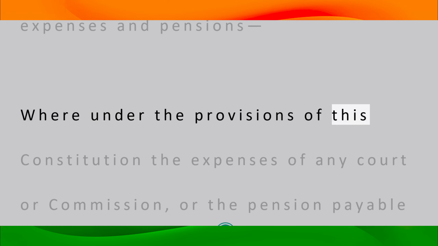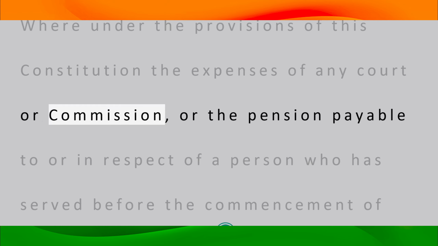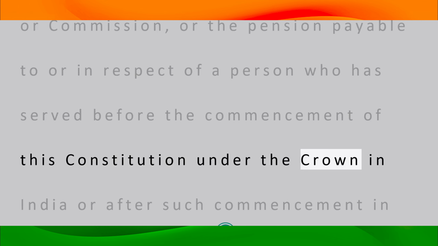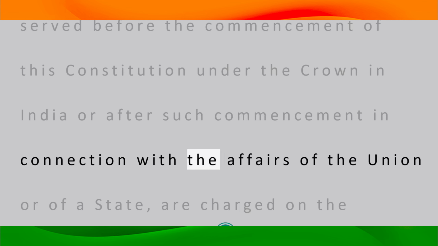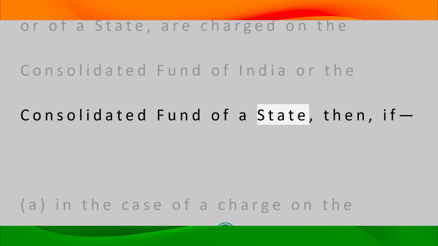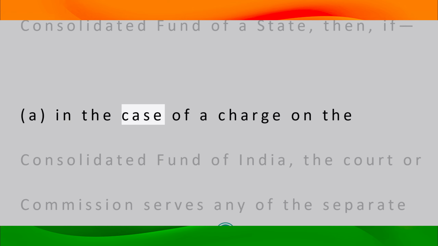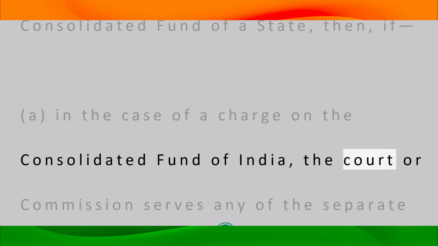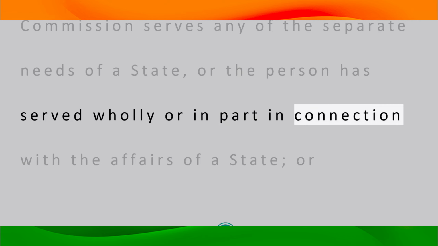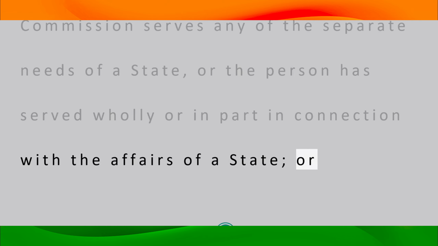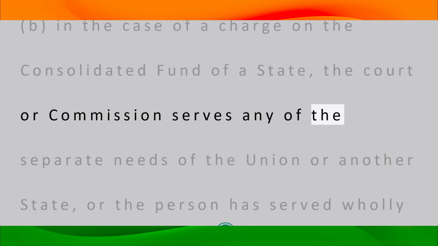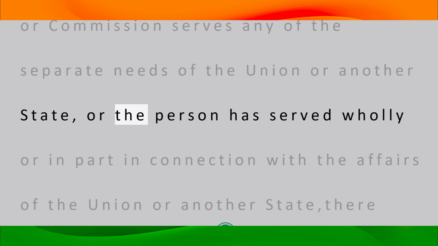Where under the provisions of this Constitution the expenses of any court or commission, or the pension payable to or in respect of a person who has served before the commencement of this Constitution under the Crown in India or after such commencement in connection with the affairs of the Union or of a state, are charged on the Consolidated Fund of India or the Consolidated Fund of a state, then, if A, in the case of a charge on the Consolidated Fund of India, the court or commission serves any of the separate needs of a state, or the person has served wholly or in part in connection with the affairs of a state, or B, in the case of a charge on the Consolidated Fund of a state, the court or commission serves any of the separate needs of the Union or another state, or the person has served wholly or in part in connection with the affairs of the Union or another state,